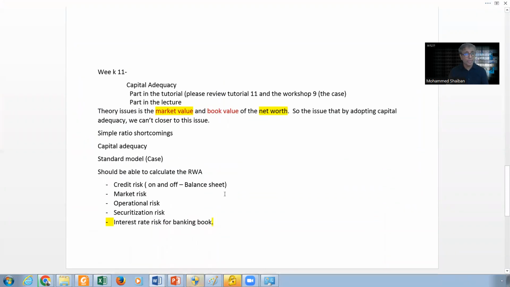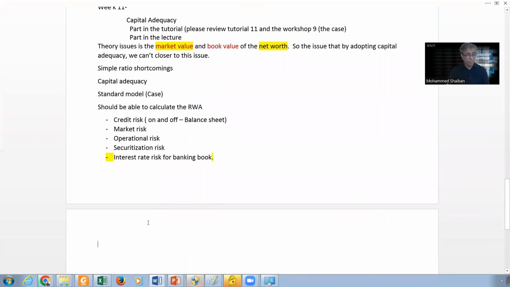ratio. What is the simple ratio? Simple ratio is just equity, as you know, over total assets. This is how we know it. We call it leverage ratio or simple ratio or whatever. Now, for risk-weighted assets, we change this to be regulatory capital,